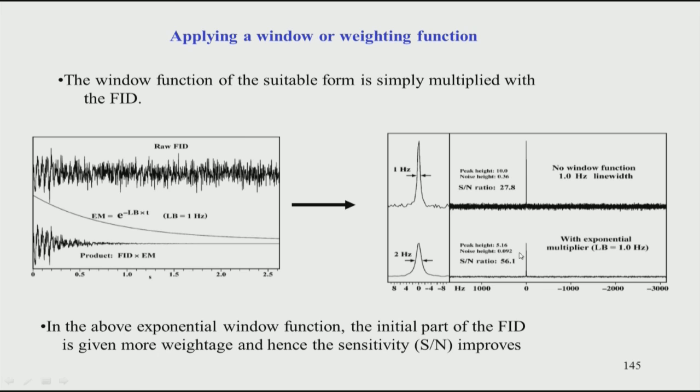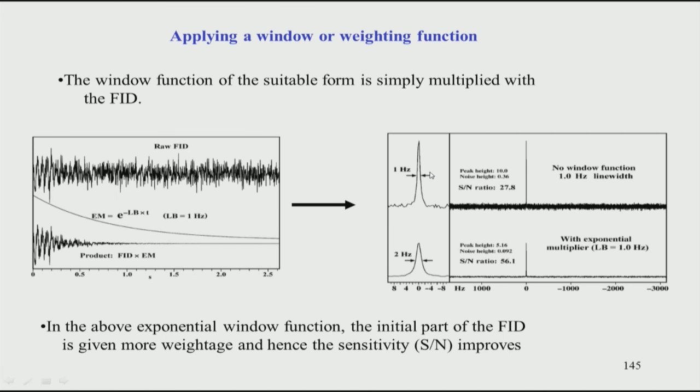So, why has the signal height gone down? Because the peak has become wide, the peak has become broad. Earlier the line width was 1 hertz, here it has become 2 hertz, so obviously the height will go down. Remember, in NMR the area is always constant, because the area under the peak gives you the number of hydrogens. So, for the same sample, whatever I do, my area under the peak should not change, because that is the important point, since that is what I need for my quantification.